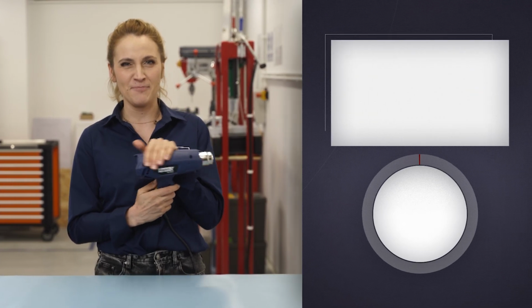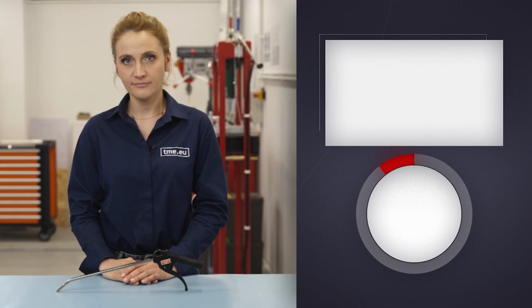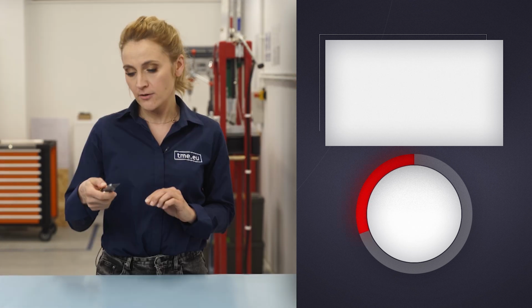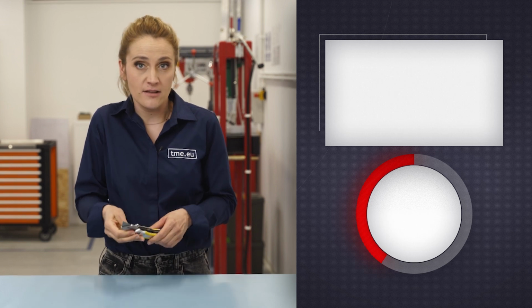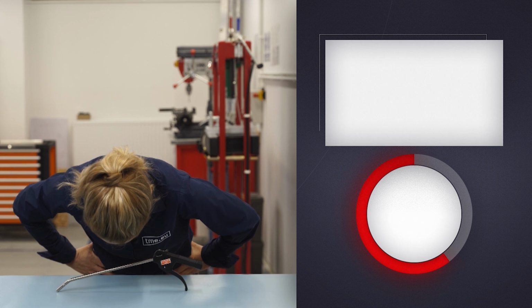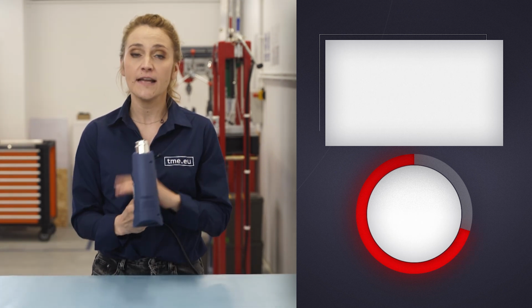Here we have Rapid R1600. The card also has a cut, an edge, and it has a non-slip grip handle. It weighs just below 1 kilogram and you get a stable